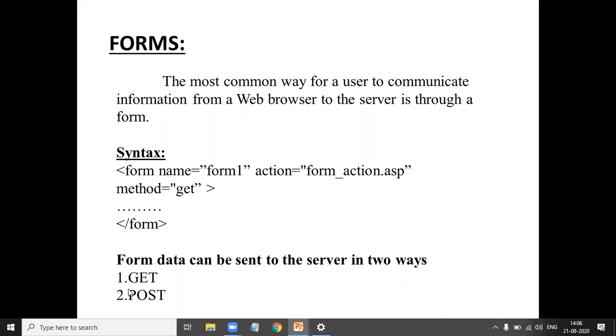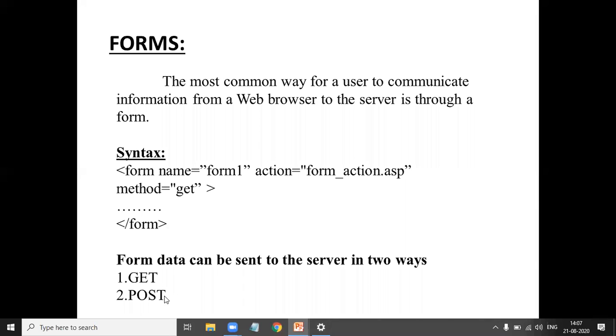Now we see the difference between get method and post method. The get method is not appropriate for forms with personal or financial information, because it sends data as a part of the URL. Next, post method.